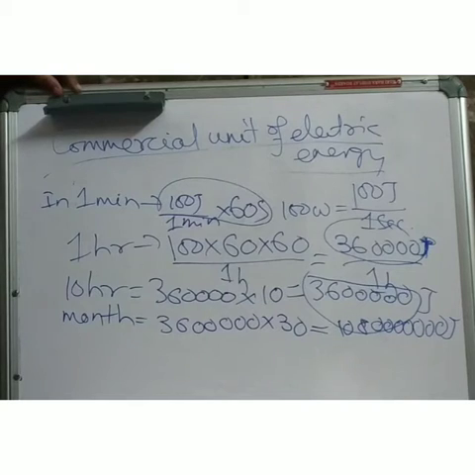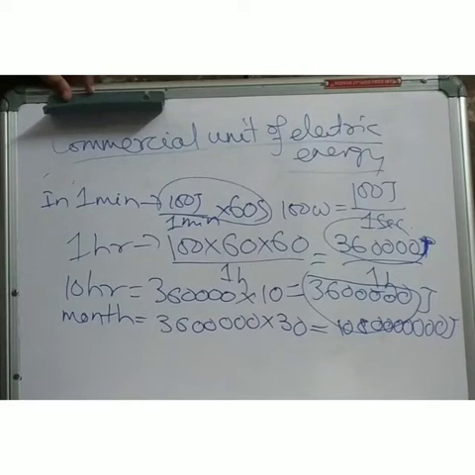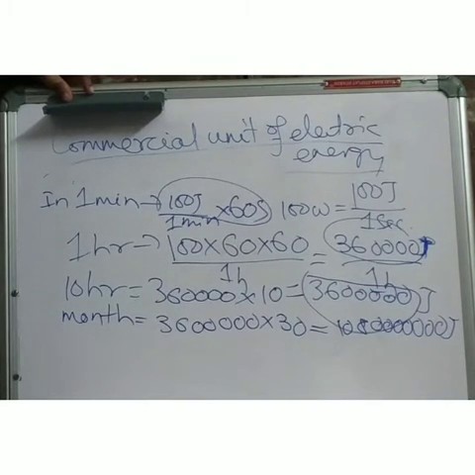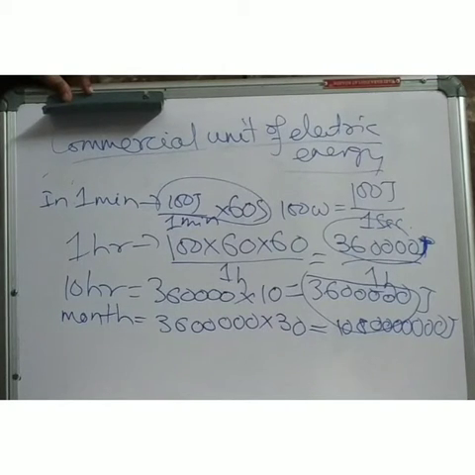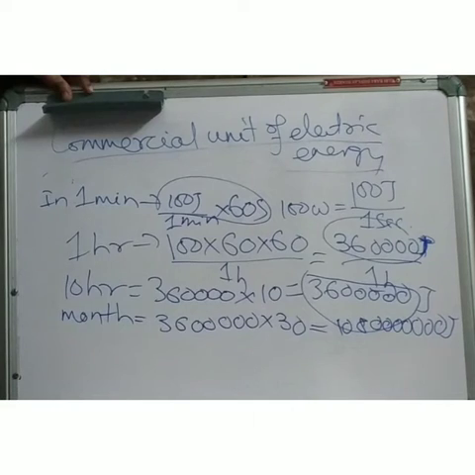But in houses, you are not using only one bulb. You are using fans, 4 fans, 3 ACs, 5 bulbs, 6 tube lights, then fridge, then so many appliances. For each appliance, you are going to calculate like this. So what do you think? Will the calculation be very easy, or will it be very cumbersome to calculate like this?